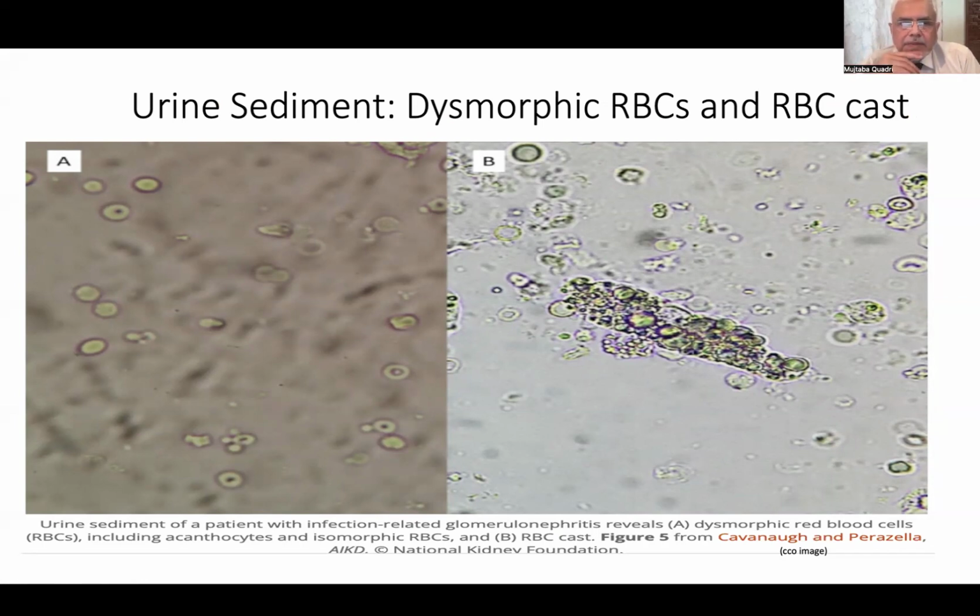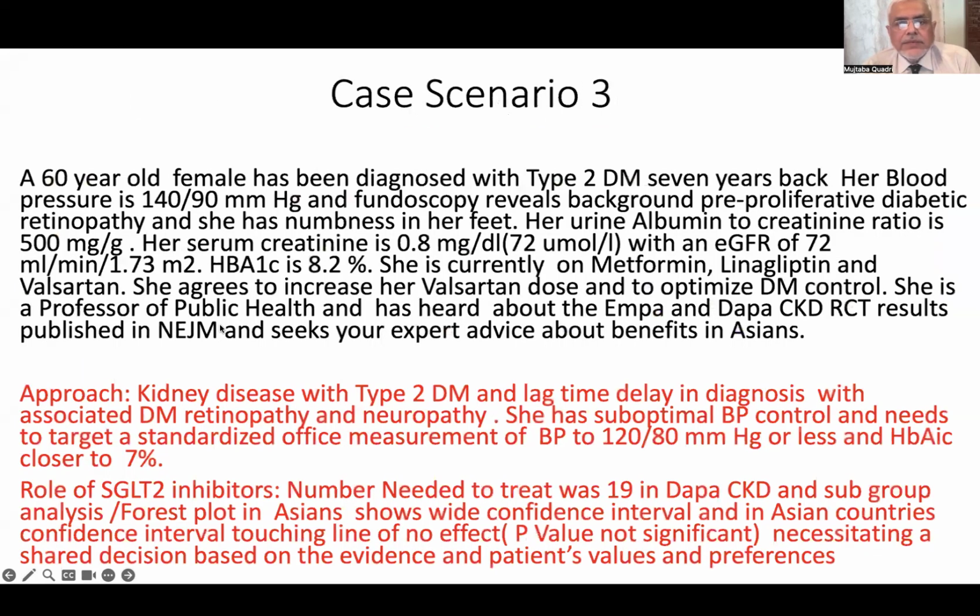all the sediment goes under the slide, and you look carefully at the four corners under 40 power or 160 power, and you may be lucky to see red cell casts embedded within this cast-like structure with no visible nuclei. But on phase contrast microscopy, you can see crenated RBCs and acanthocytes, which can be equally good in terms of their specificity.